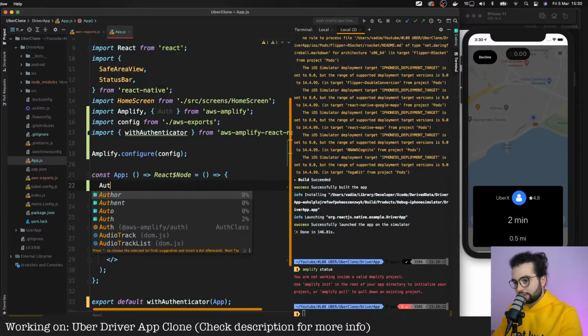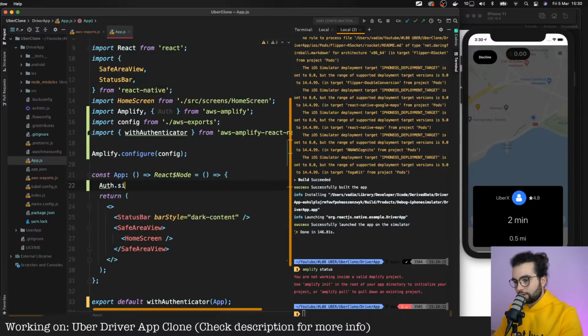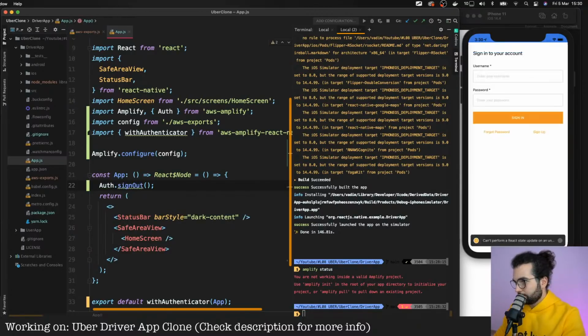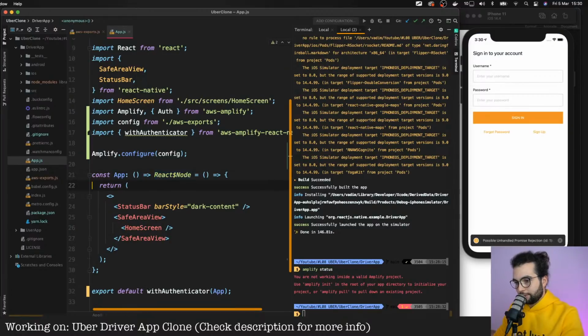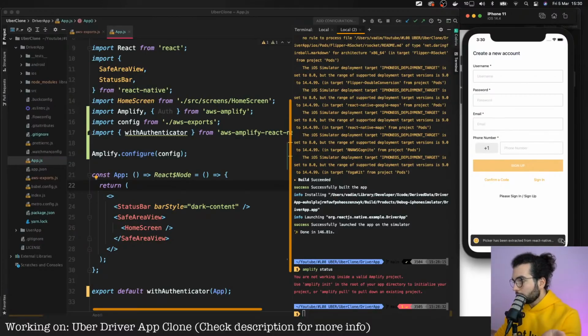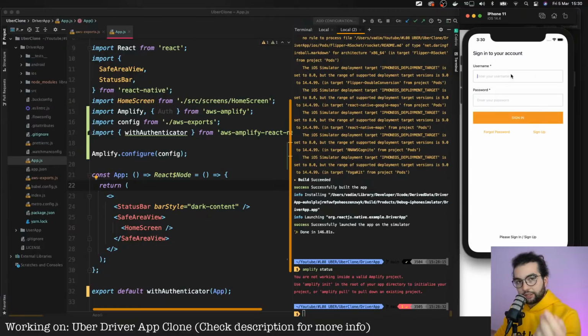So I'm just going to call real quick Auth.signOut. Let's save. Yes, and let me remove this sign out. So right now, the thing was that I previously tested it and it remembered me as authenticated. So now if we go to the driver side application, we see the login screen, and here we can either create an account from scratch, or we can use the same account that we are using for the user side application.